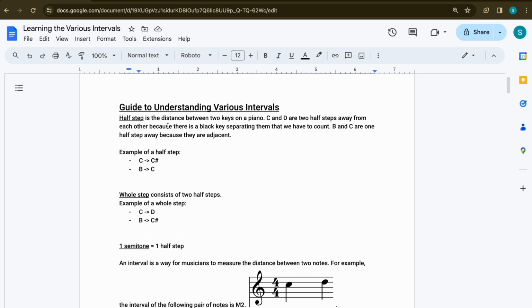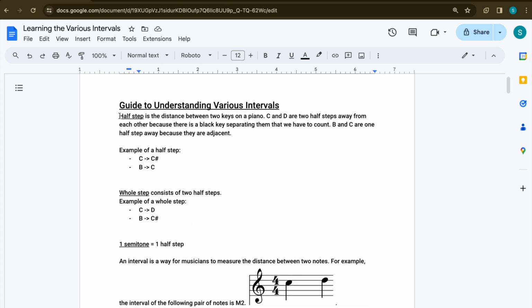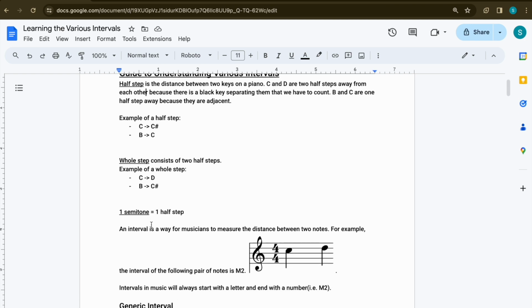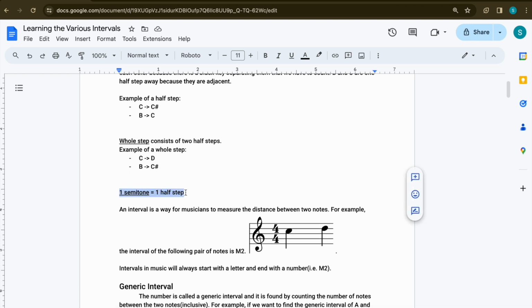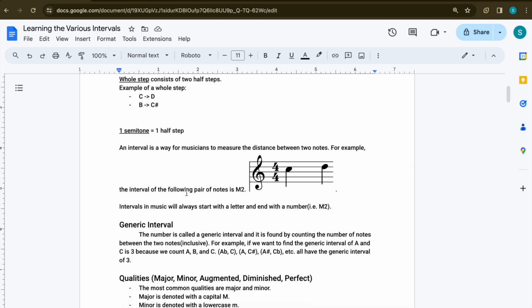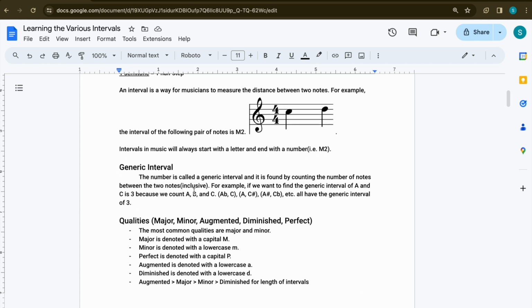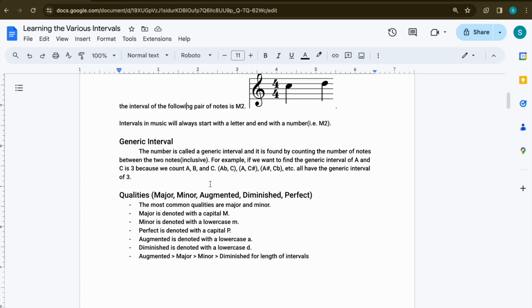I consolidated all this information starting from a very basic level. So I explained what a half step is, examples of them, what a whole step is, and what a semitone is. And I just gave some introductory examples, explained a generic interval, which is basically, I just said you can count the number of notes. So if you want to find a generic interval of A to C, that's 3 because you can count A,